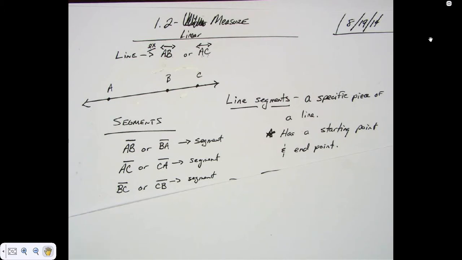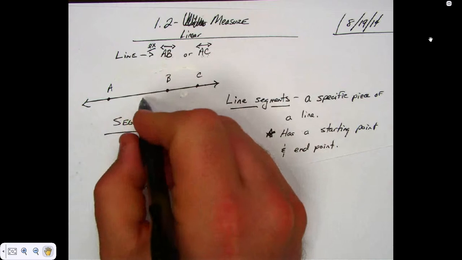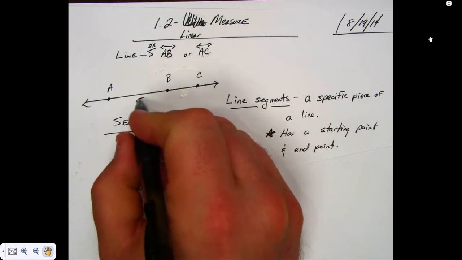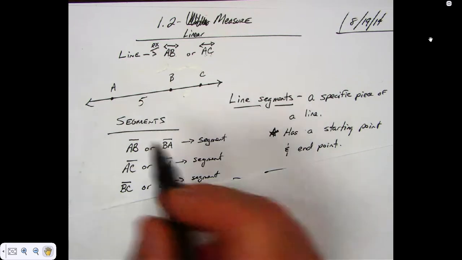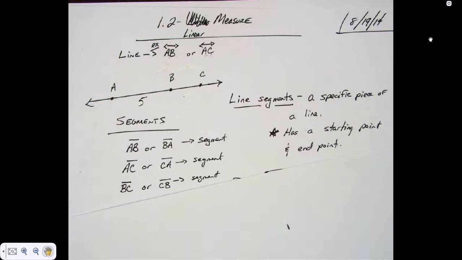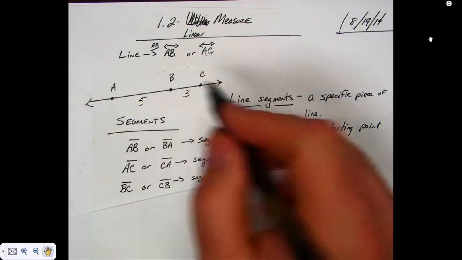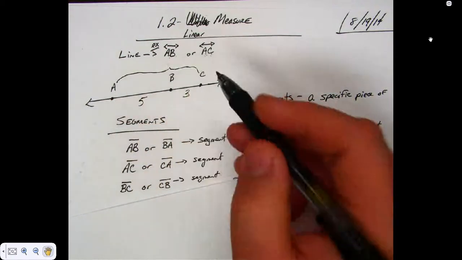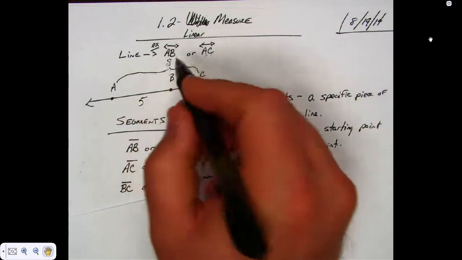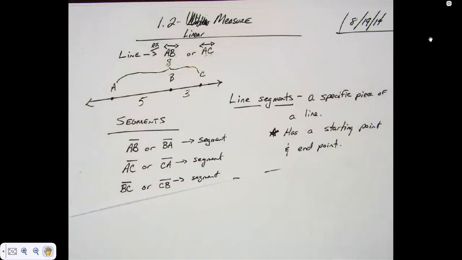Now, as I said, we're going to talk about distance. I erased it, but I'm going to write it up here again. Let's say that when I write 5 up here, what do you think I'm saying? The distance from A to B is what? If I wrote a 3 right here, what am I saying? The distance from B to C is what? What would this distance be then? Did you need any kind of special theorem to tell you that? You didn't, did you?